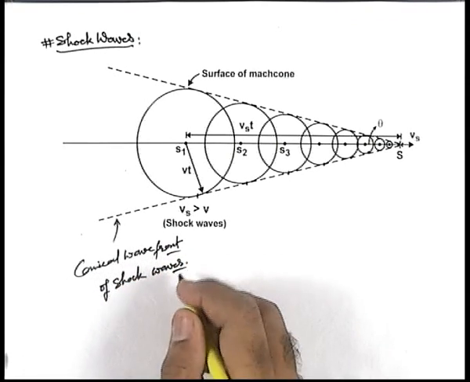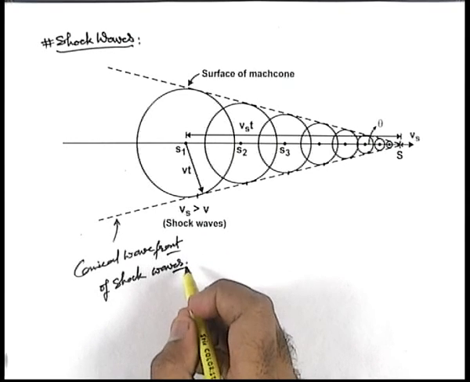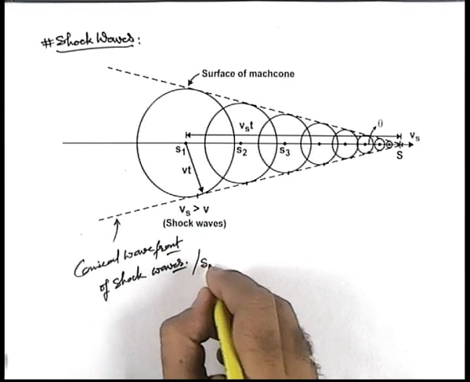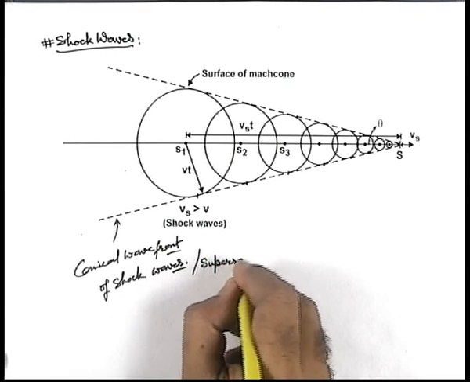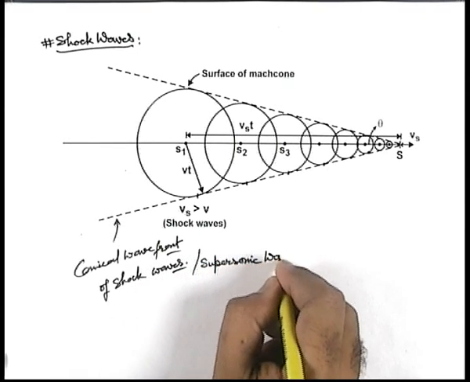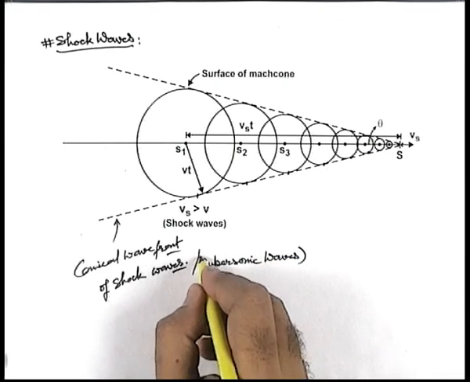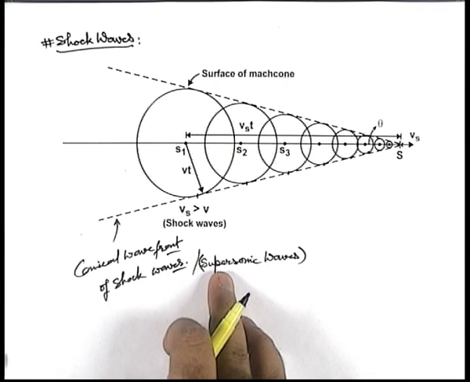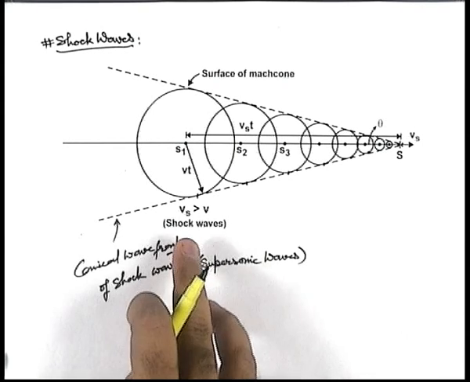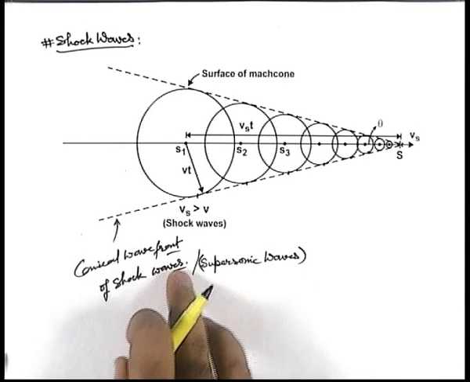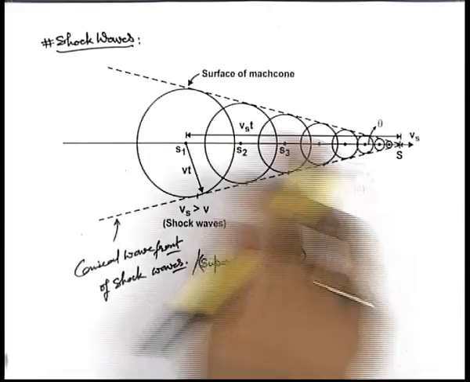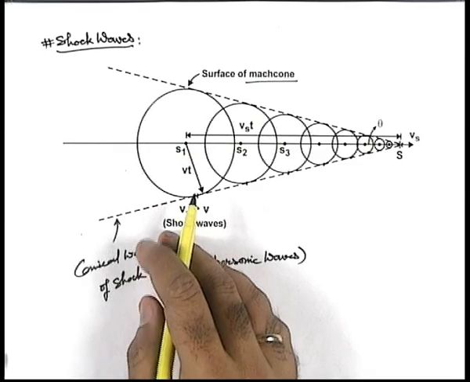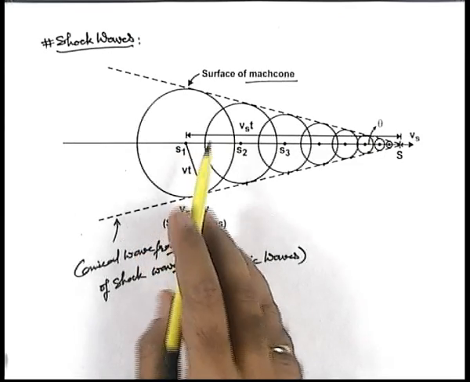Shock waves are also termed as supersonic waves. These are the waves which are produced having conical wavefront whenever a source of sound travels with a speed more than the speed of sound. In this situation, this conical surface is also called surface of Mach cone,